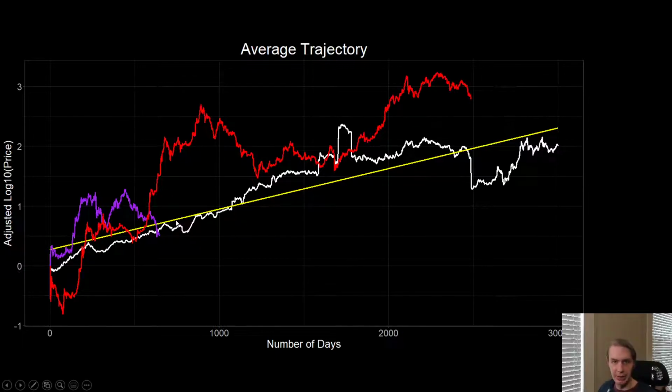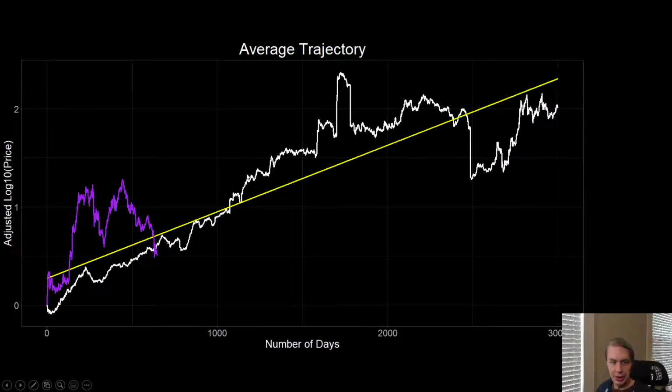And so again, it comes down to your thesis on DOT. If you think that DOT has strong fundamentals, that it's going to be a successful project in the future, then you might expect it to end up at the very least tracking this line, if not exceeding it, like something like Ethereum. What's also useful about this analysis is that if it were to perfectly track this trend line from here on, we can make predictions about what the price should be based on that.